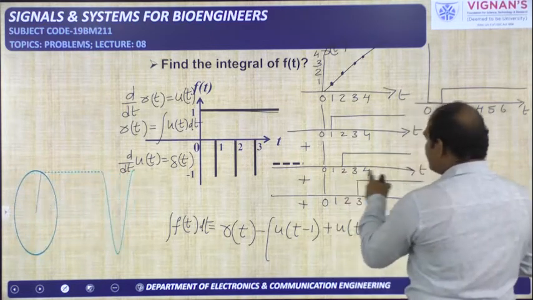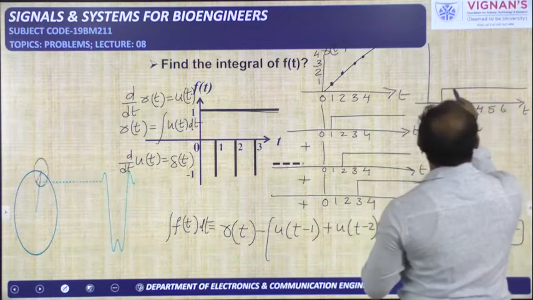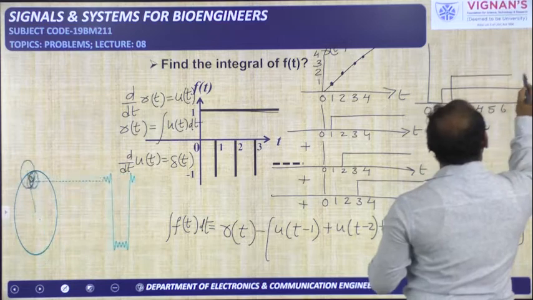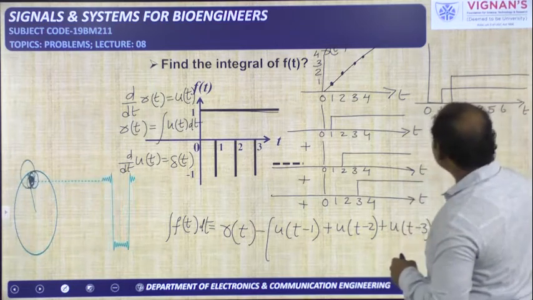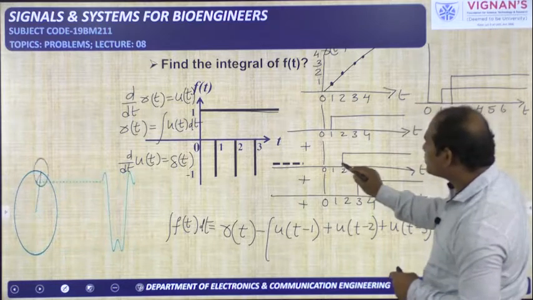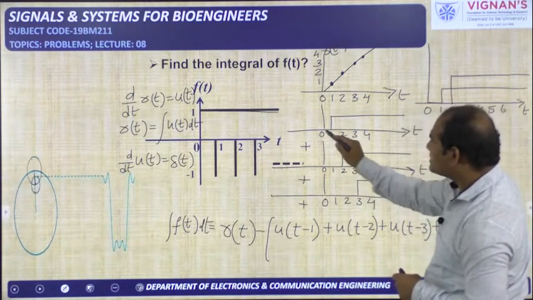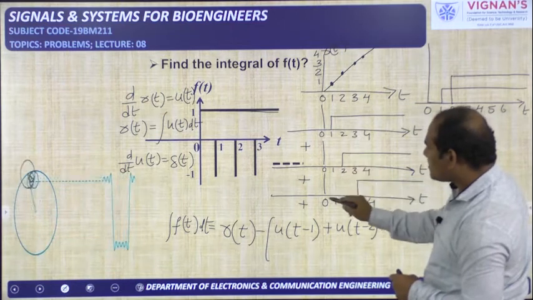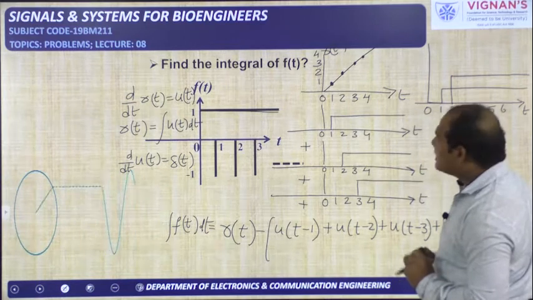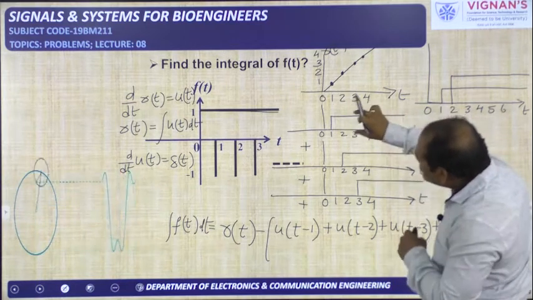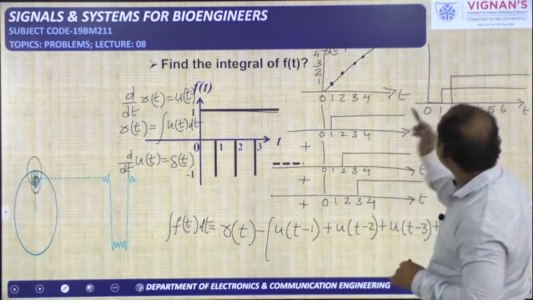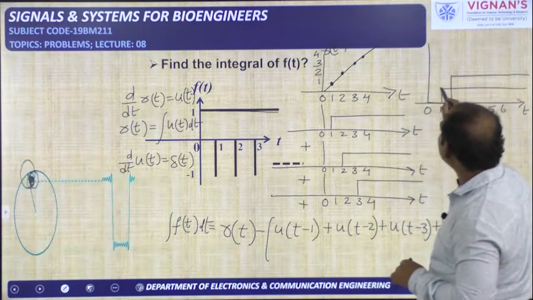Here in this signal, when t is changing from 2 to infinity, amplitude is 1. So this signal has 0 amplitude from 0 to 2. That means 0 to 1, 0 amplitude in all three signals. 0 plus 0 plus 0 will be 0. But only this signal, u of t minus 1, has the amplitude of 1 from 1 to 2. That's why here we got 1 amplitude. This is 1.